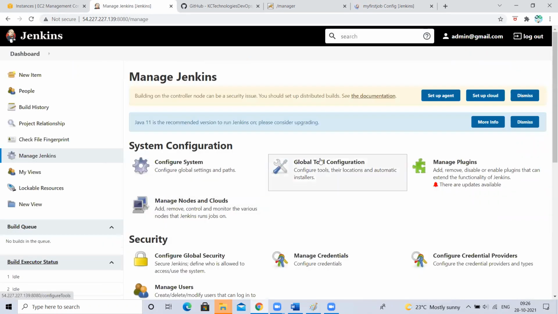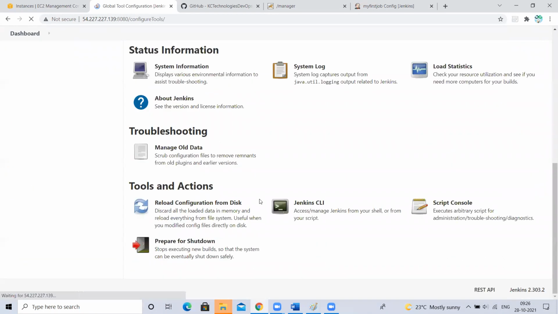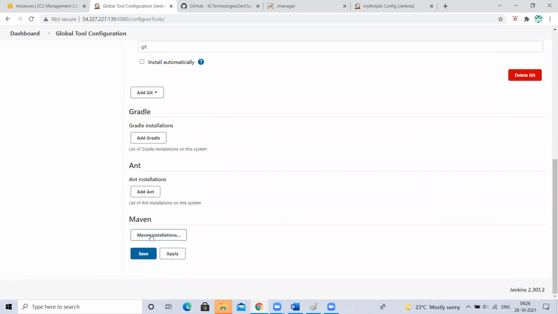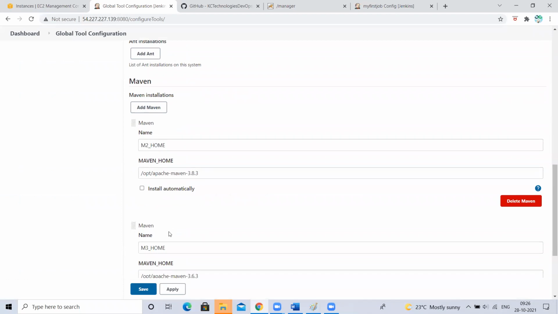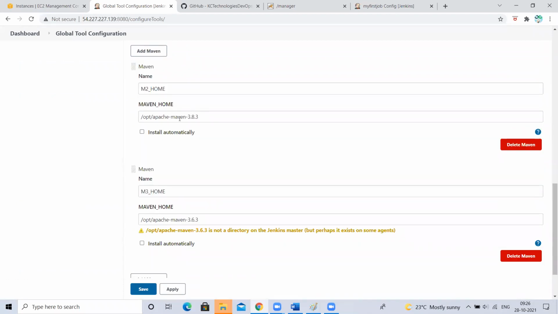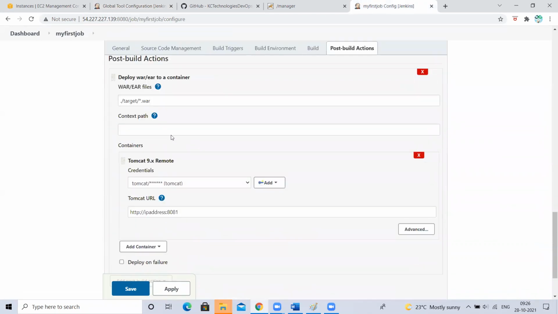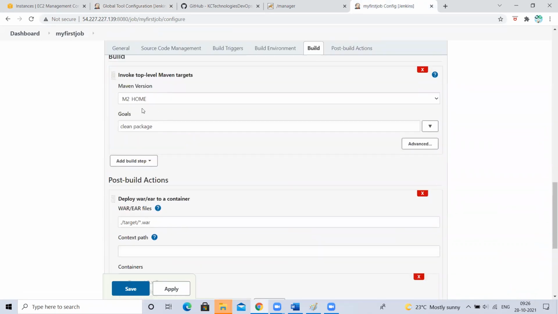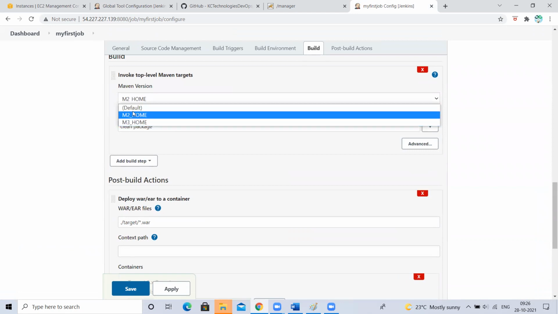How many Mavens do you have in the global configuration tools here? Two Mavens with different versions: m2_home with one version, m3_home with another. If you go to your Maven dropdown, it will show two.